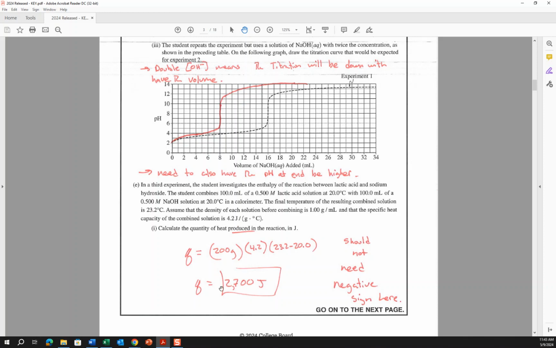You don't need the negative because it's just asking for the quantity of heat produced. You're going to need to know that when you calculate the delta H at the end, it's going to be negative because the temperature went up, meaning the reaction is exothermic. So negative delta H, energy is released as the reaction proceeds. But for this one, you just need this value here, 2 significant digits because of the heat capacity. When we do our delta T, we end up with just 2 significant digits. So yeah, 2 sig digs here. I think if you put a negative sign, you'd be okay, but you don't need it, and it's just asking for the